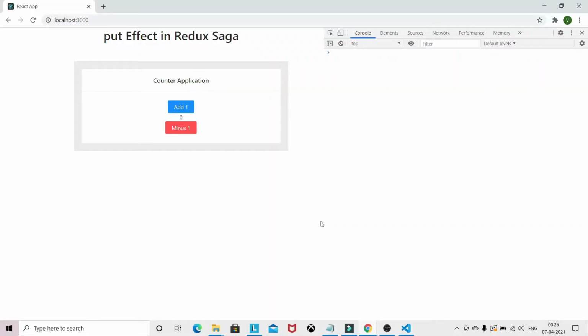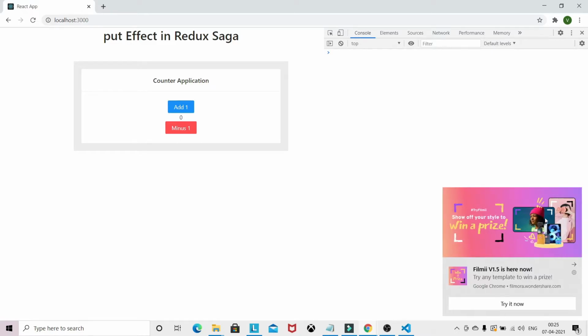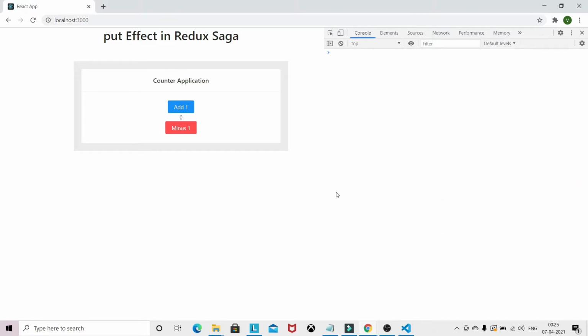Hello guys, what's up? In this video, we are going to discuss the put effect in Redux Saga with this counter application. If you are already following this Redux Saga tutorial, I have already created videos on other effects like takeLatest and takeEvery.